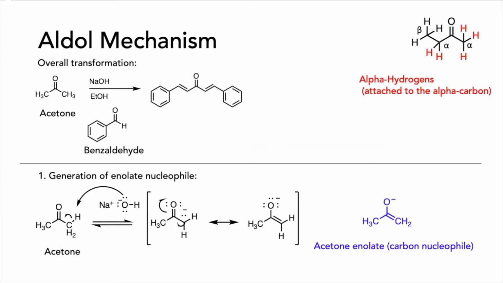This lab specifically is a crossed aldol condensation reaction between acetone and benzaldehyde. It's 5 general steps. The first step is the generation of the enolate. Acetone will react with sodium hydroxide to deprotonate to give the acetone enolate molecule, which is the carbon nucleophile